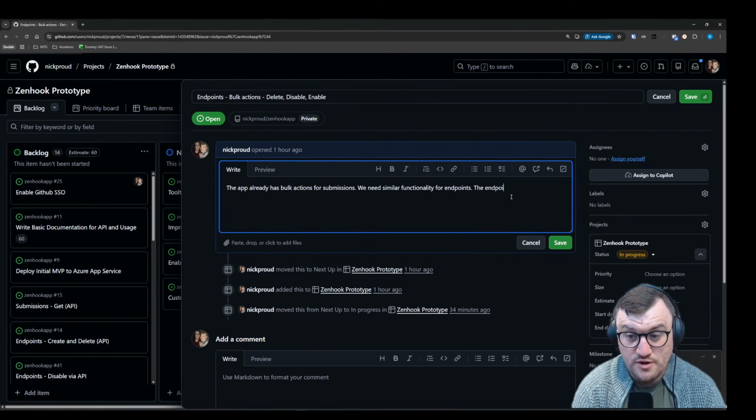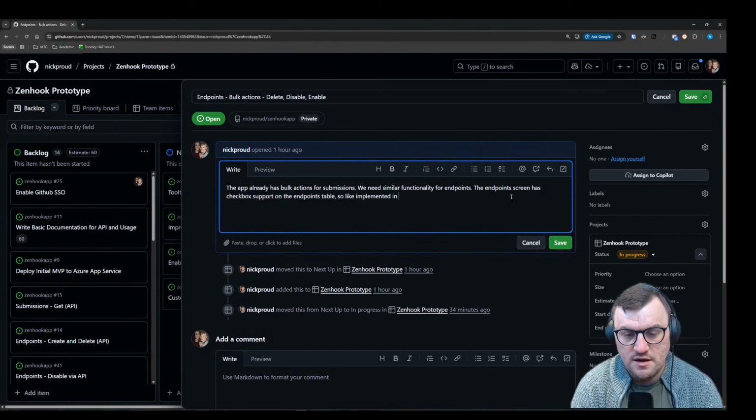The endpoints screen has checkbox support on the endpoints table. Like implemented in the submissions UI,